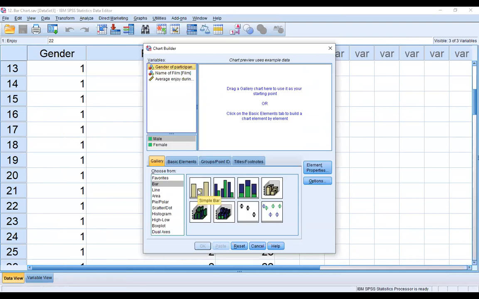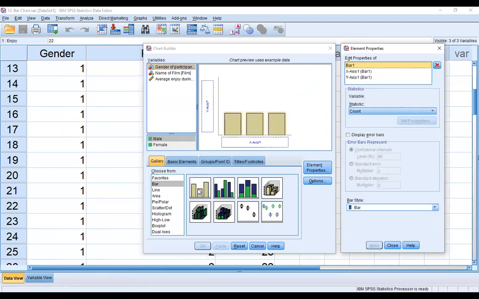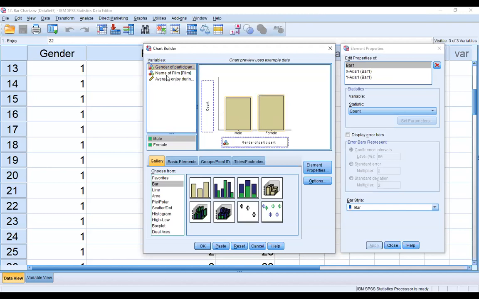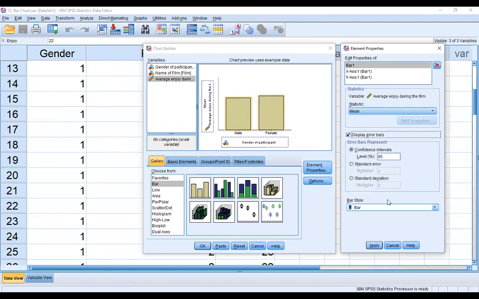So here simple bar, double click here, gender of the participants in the x-axis, and average enjoy in the y-axis. Now the display error bar, error bar chart we can also create, and then apply.